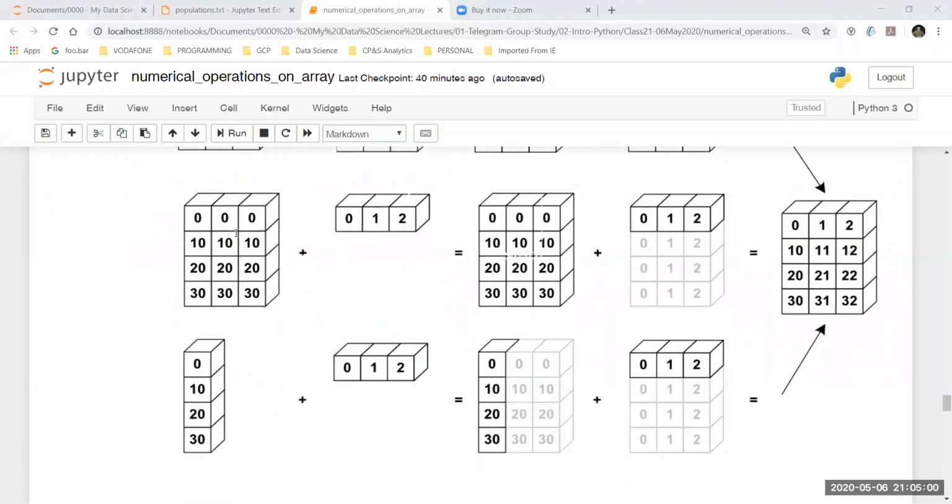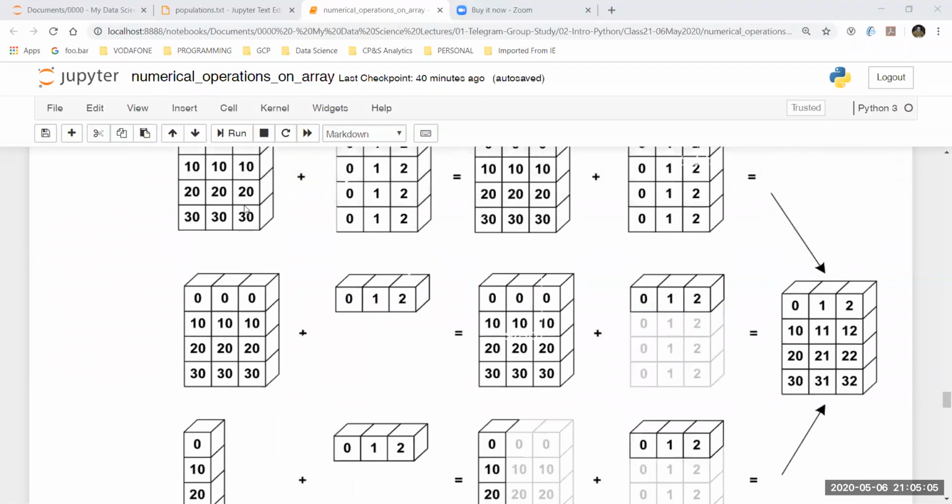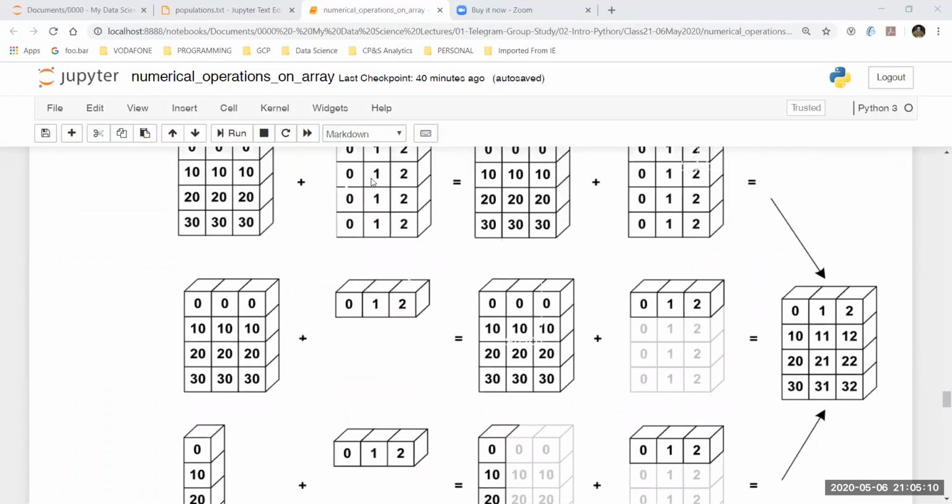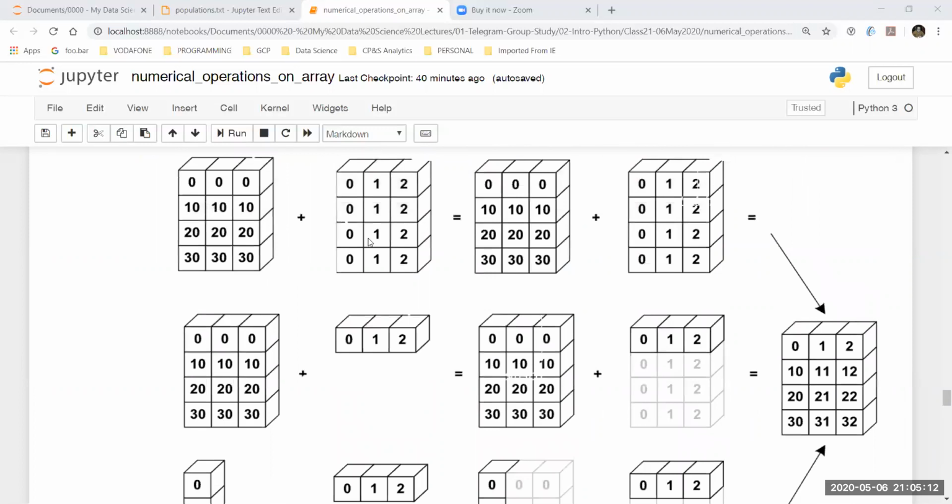See, what we are doing is a very simple thing which you can see on your screen using a diagram. You can study the diagram at a later stage as well in depth. Let's say I have two arrays of the same size. So I have 4 cross 3 plus 4 cross 3, 4 rows, 3 columns, 4 rows, 3 columns. I'm going to do an addition, right? So in this case, broadcasting is easily applicable because the sizes of the arrays are going to be the same.